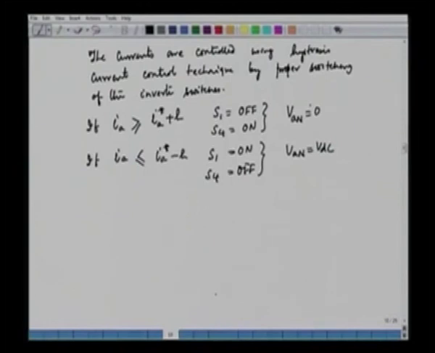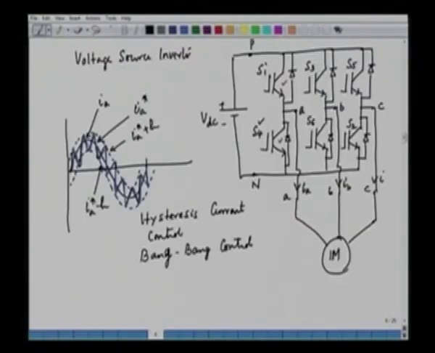And S1 and S4 are complementary. We can see in this inverter structure that these two switches are complementary. The gate drive to S1 is the inverse of gate drive to S4. Similarly, the gate drive of S3 is the inverse of gate drive of S6, and gate drive of S5 is the complement of gate drive to S2. So these are complementary switches,